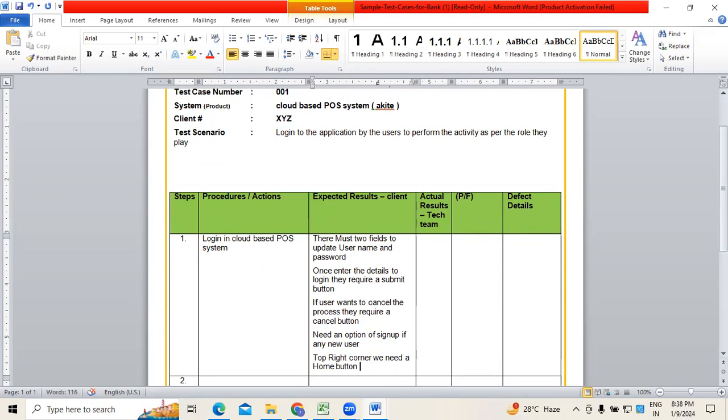Okay, for example, right? So when we are talking about the login page, when you want to see the login page, how should it look? So the login page should look like this: there must be two fields for username and password. At the same time, we require a submit button once username and password are given. Next, if for some reason the user wants to cancel the transaction, they must have a cancel button. Next, there must be an option for sign up if a person is a new user,